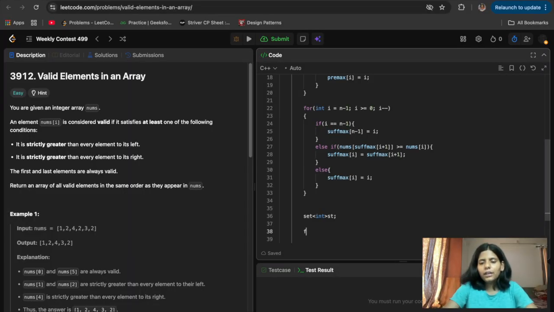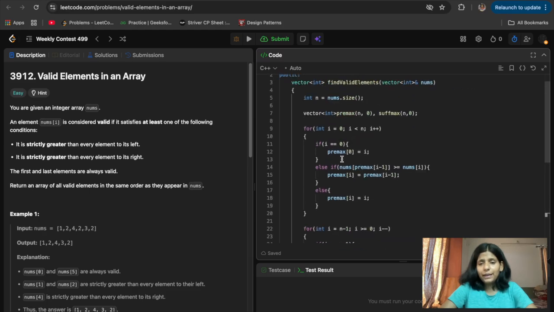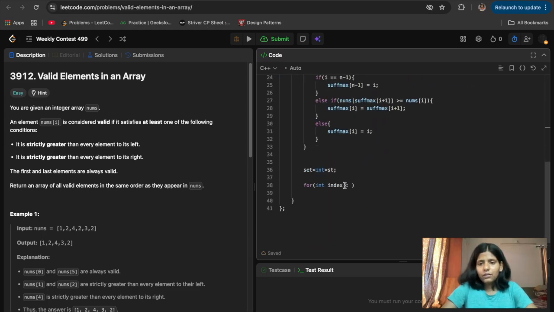So for each index from premax, we'll do t dot insert that index, and we'll do the same for suffix max: for each index from submax, we will store that index.